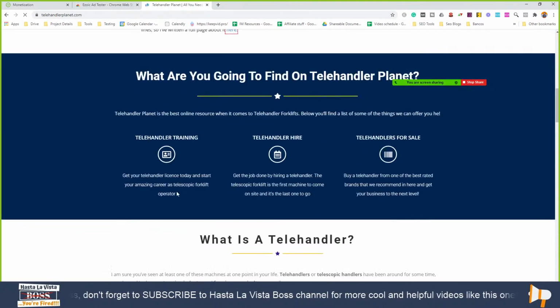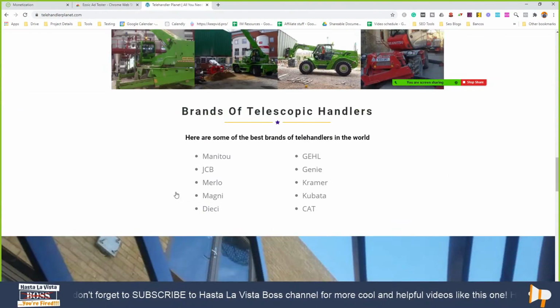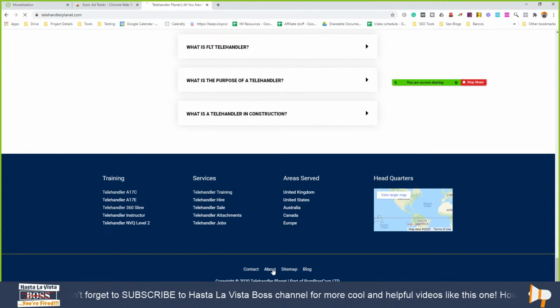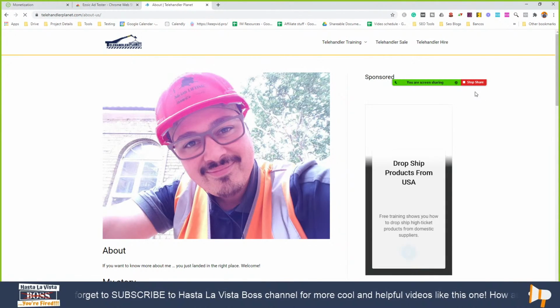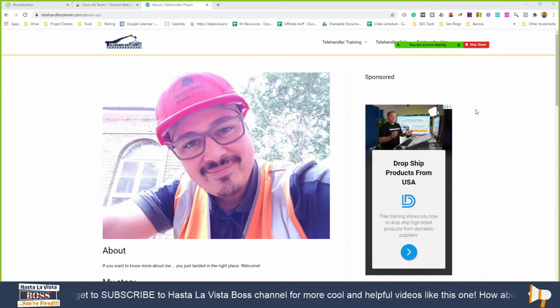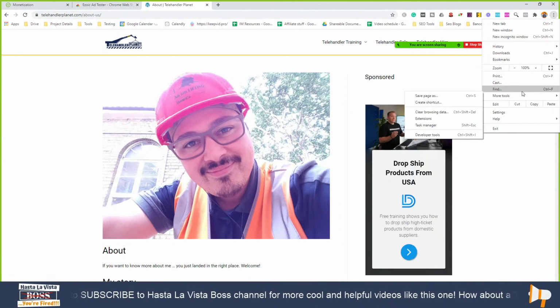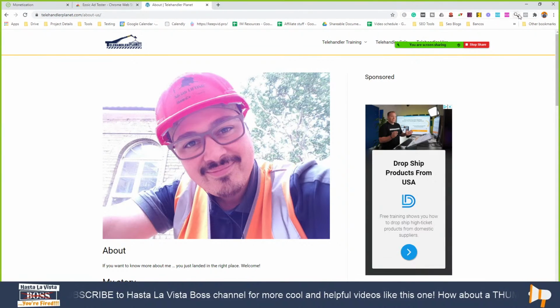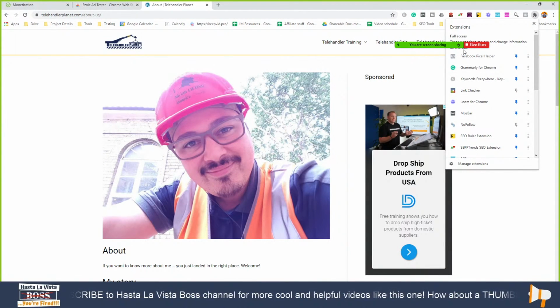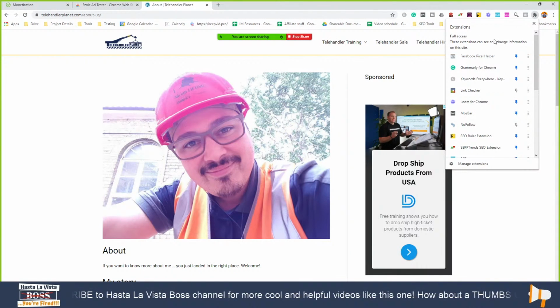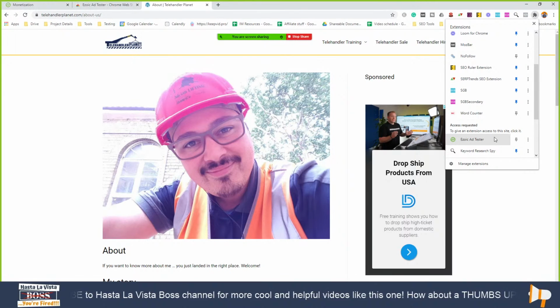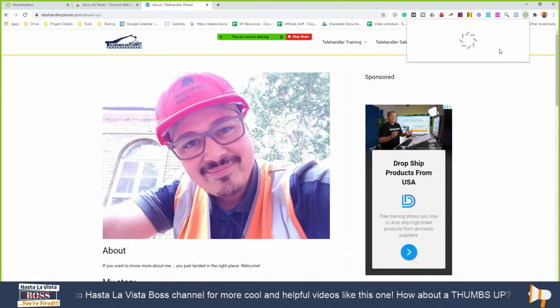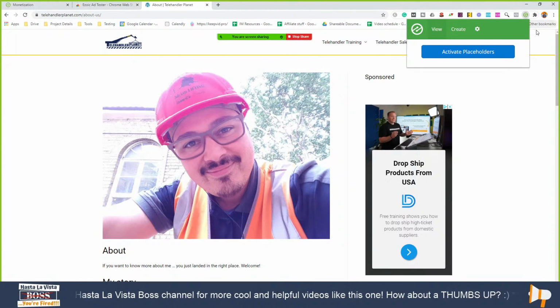And then if you just go to one of the pages with the sidebar. Perfect. And then if you can pull up the Chrome extension, I think it's hidden in all your other extensions. I think if you click that puzzle, it'll open up all your other extensions. There you go. And then you scroll down. This one? There you go. You can just pin it for now or just open it up. But if you go ahead and click activate placeholders.